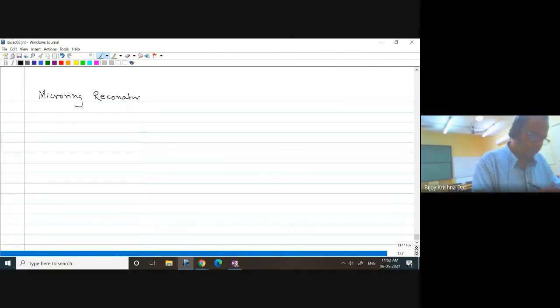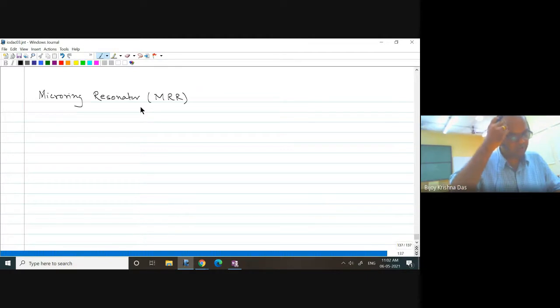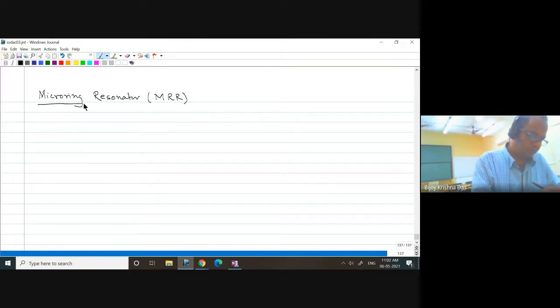So this is normally how we abbreviate it. Micron means the radius of the ring in microns, say sub 10 microns or several tens of microns. That can be called a micro ring resonator. Ultimately, for waveguides, particularly in silicon on insulator, the waveguide dimensions are sub-micrometer, about 500 nanometers or so, as we have discussed earlier also.